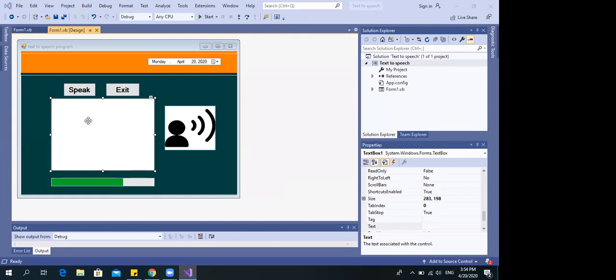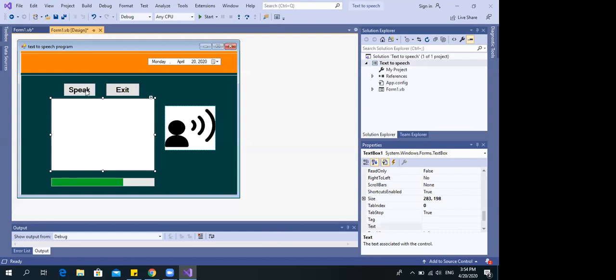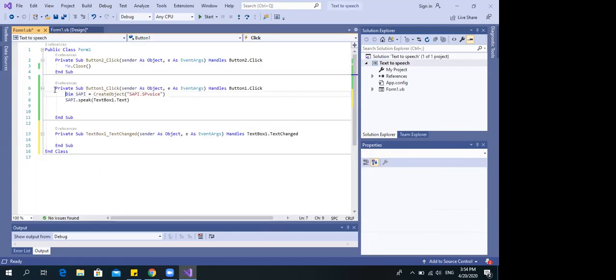The text box one, right? Yes, miss. Right. So text box. Okay, text box. I'm not going to code in the text box, right? What happens is if you click the button speak, right? Dim SAPI. So SAPI stands for Speech Application Program Interface, right? That will be